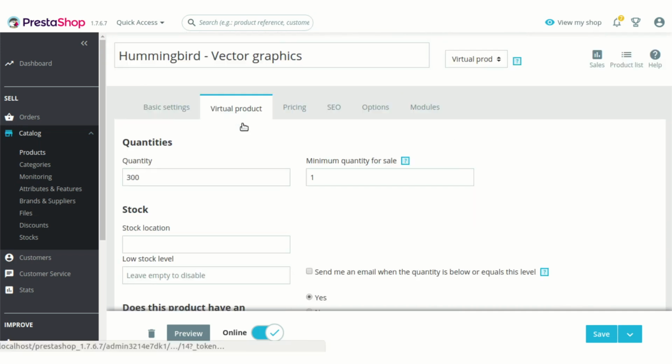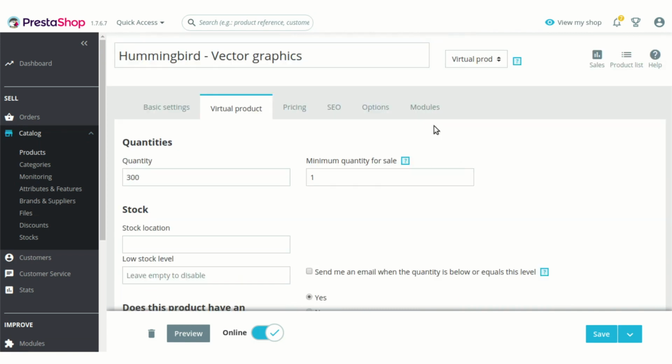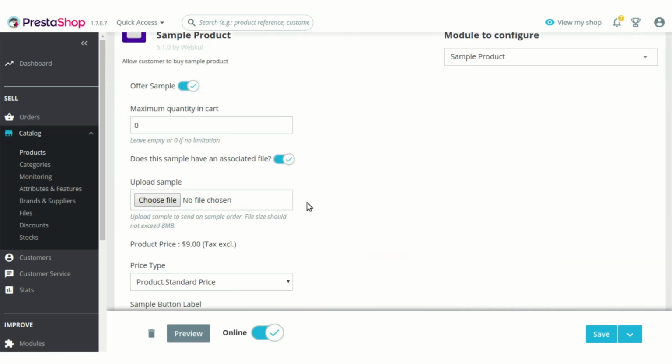But let's just say if an admin has already added a file here, but he forgets to add any file as a sample file here, then in that case, if a customer tries to buy a sample product, he would not be getting any file because there was no sample file uploaded by the admin, and as per the restrictions, he would not get the access to the whole file just by buying the sample of this virtual product.